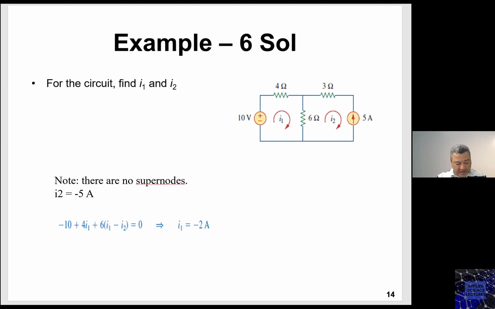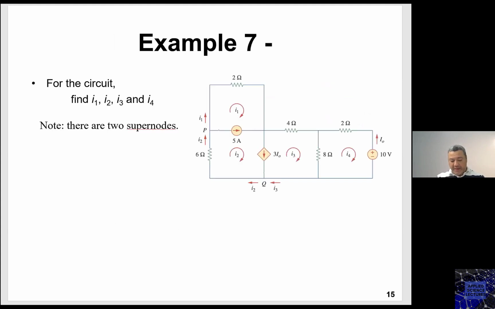Okay, that's the solution as well. We have this example. Now, this is an interesting question just to show you how a super mesh can expand. Notice that I have a current source here that's being shared. I have a second current source here that's being shared. So in this case, my super mesh becomes this,